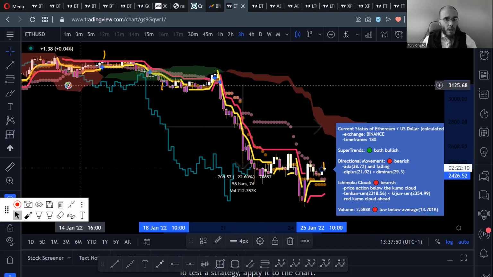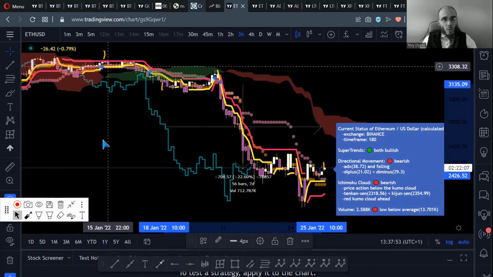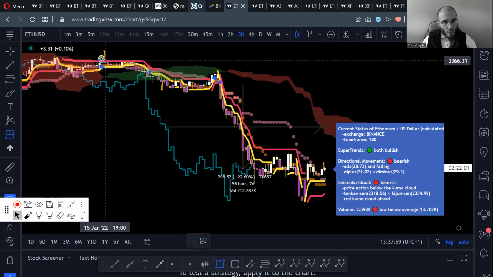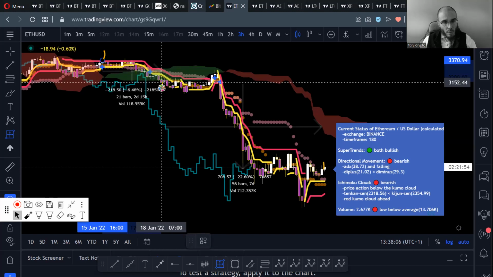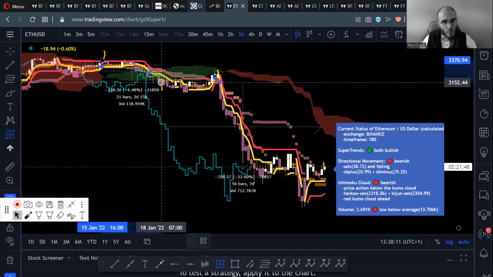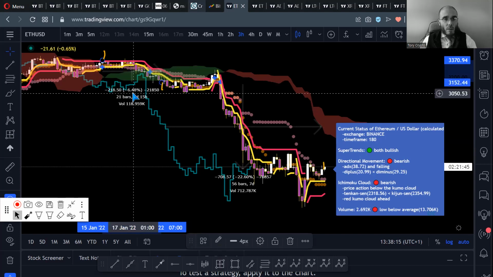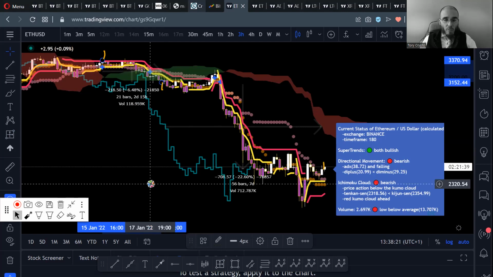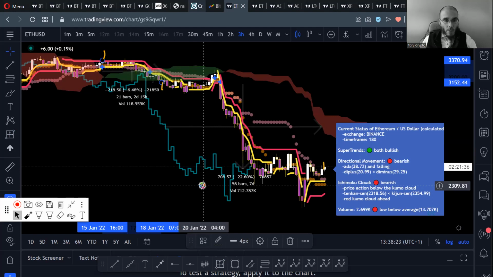And you would only have had one losing trade. Let's see how much you would have lost on your losing trade. On your losing trade, you would have lost 48%. But that still makes a nice profit with leverage. It's around 15%. So that's a nice profit you would have made on